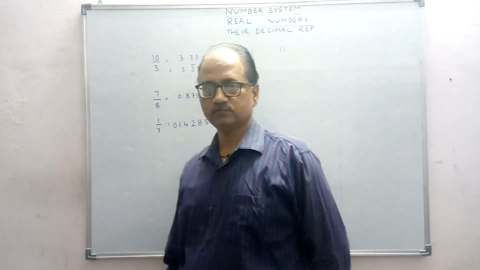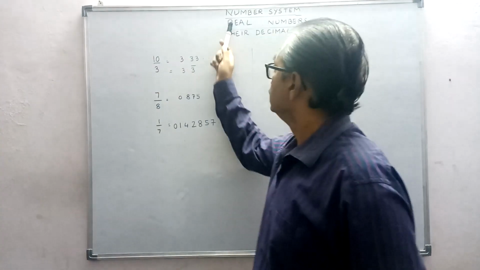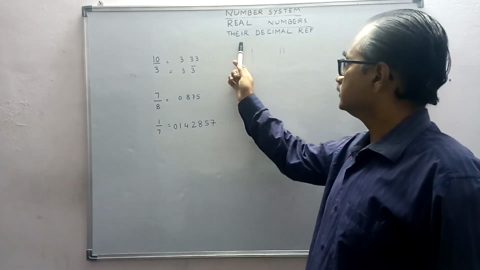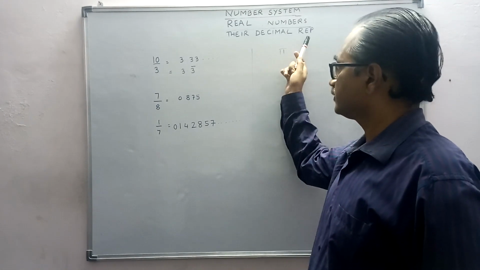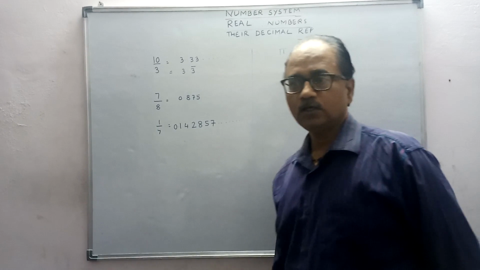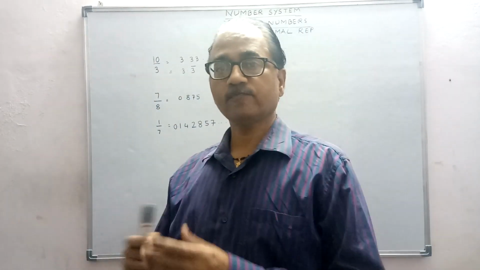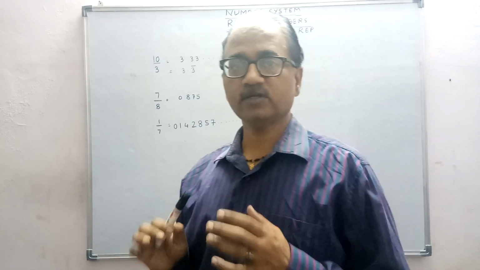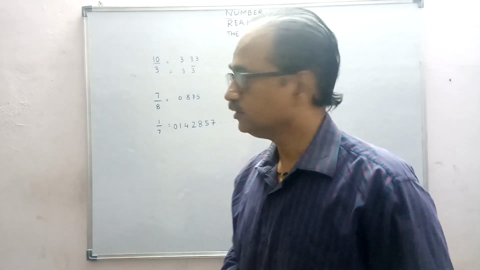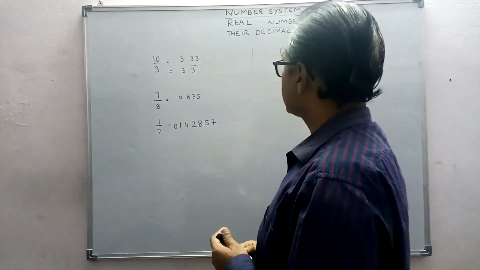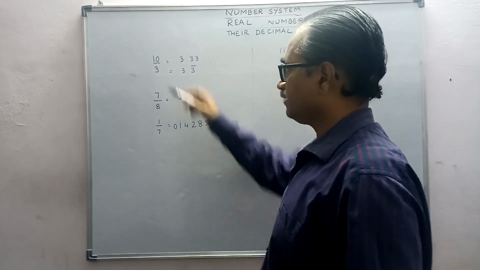Number system. Real numbers, their decimal representation. Now real numbers, we see when you write a decimal representation of any number, suppose it is a rational number, for example 10